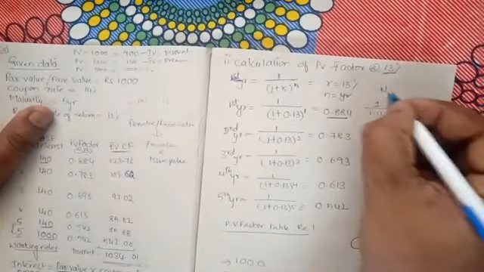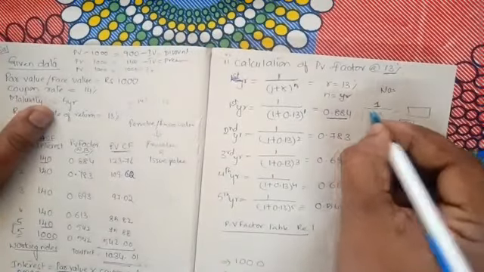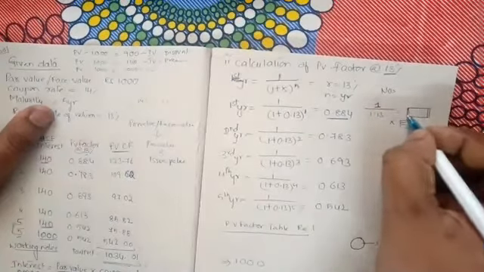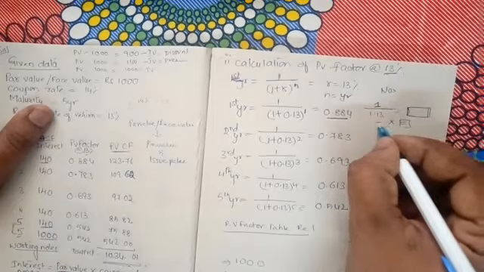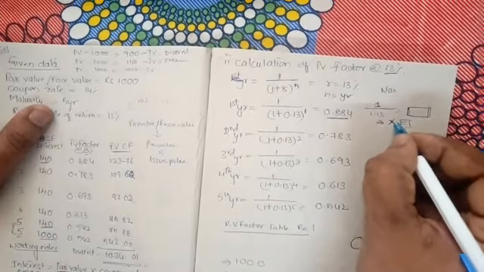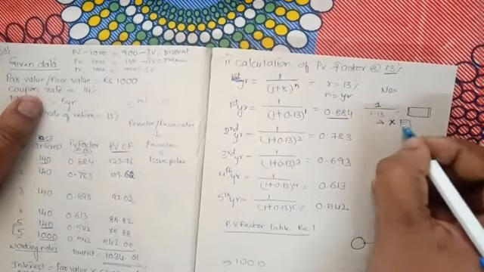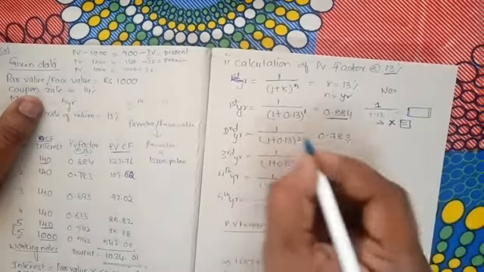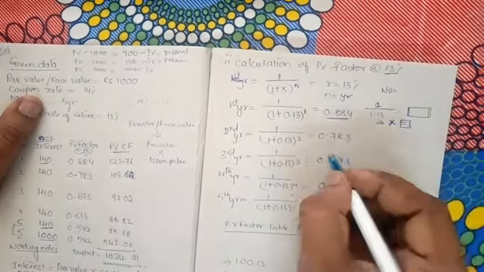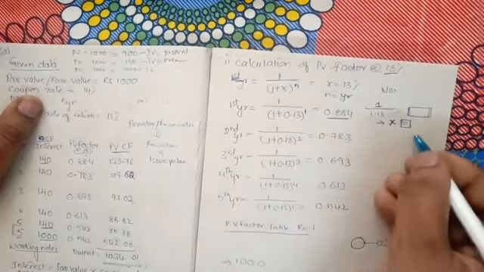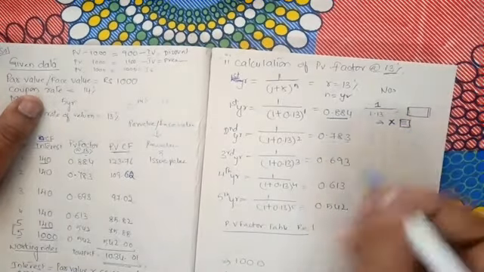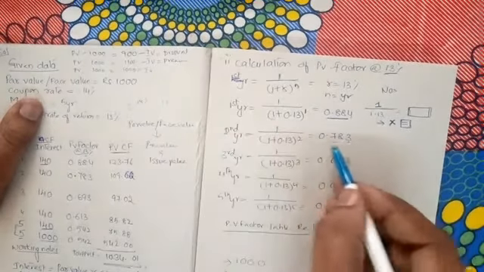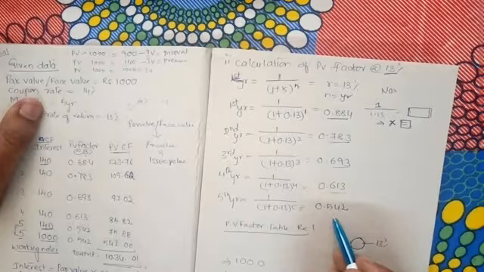How to calculate? In a normal calculator, first you press 1, then divide, then 1.13. You will get a figure. Then you press the multiplication button, then equals, and you will get the second figure. You need not do all these operations; automatically you will get 0.783 for the second year. If you press once again, you will get the next figure, and again the next. So the factors are 0.884, 0.783, 0.693, 0.613, 0.542.